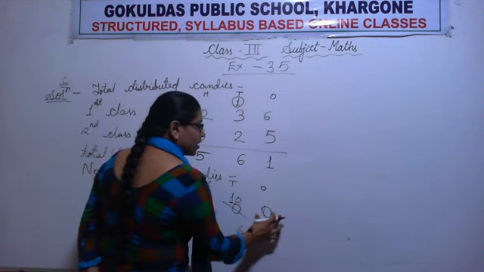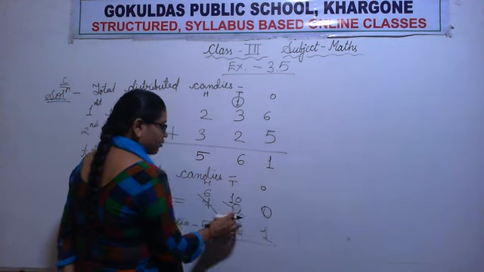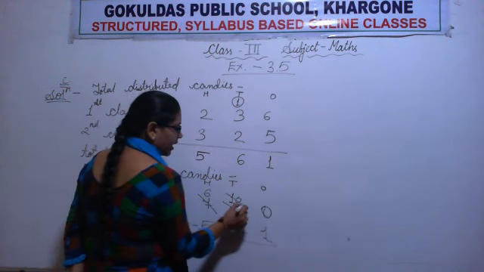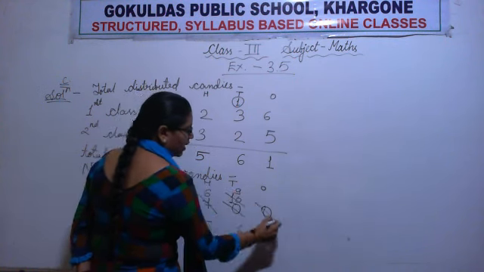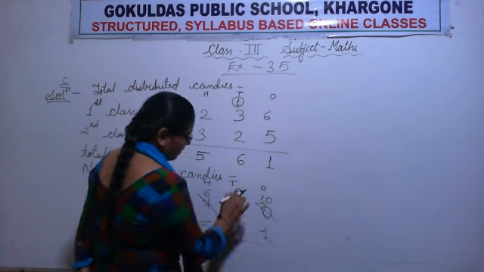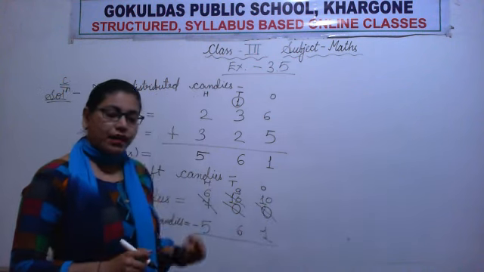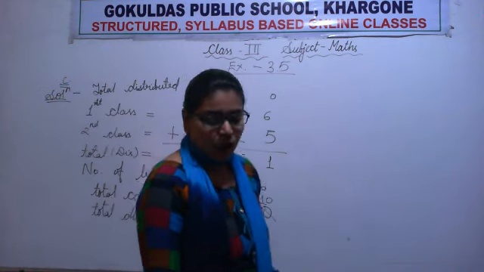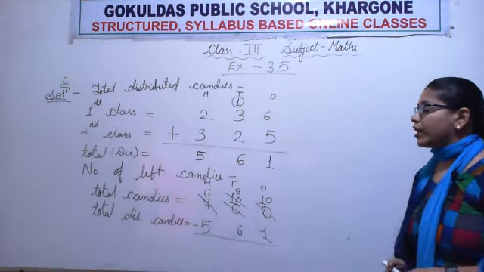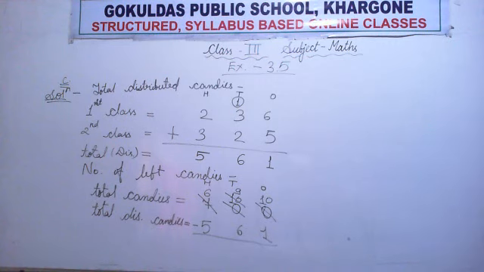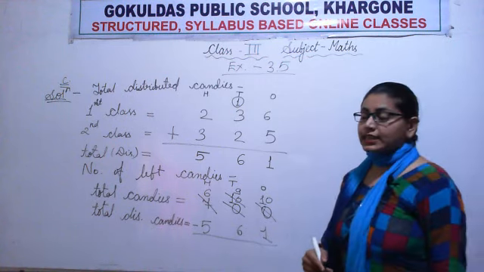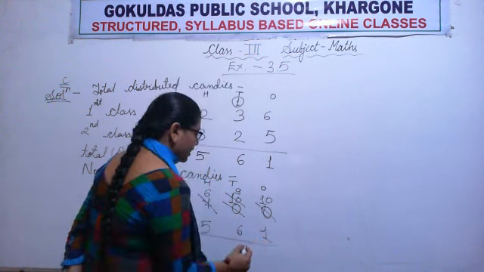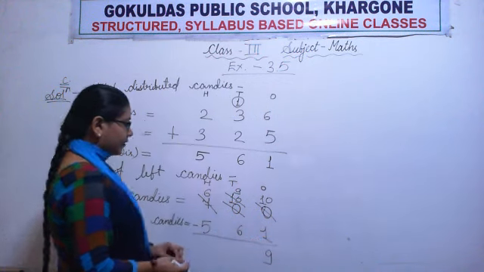Now we want bigger number here. So again, for making this 0 bigger, this 10 will give 1 10 to this 0 and will become 9 and this 0 will become 10. Now 10 minus 1. What is the previous number of 10? Very good. 9 is the previous number of 10. So we will write the number 9.